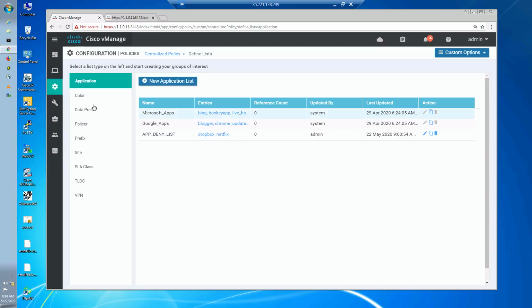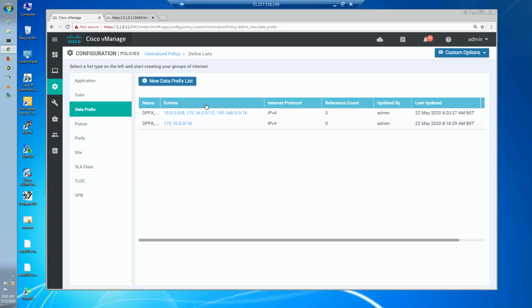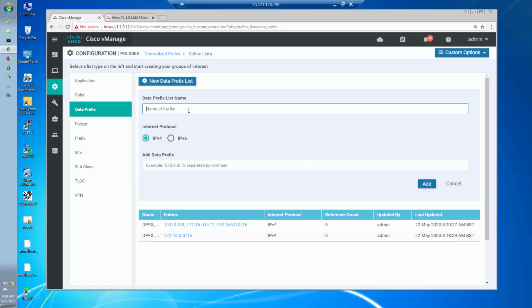We have to go to data prefix, right? Because we want to create those prefixes. So let's go here and let's say data prefix pfx_br1_br2, right? br1 basically constitutes both 1-1 and 1-2, right? Anyway, so the networks are going to be